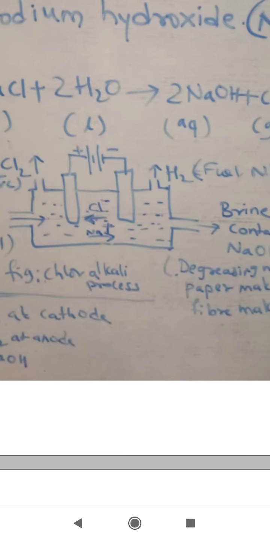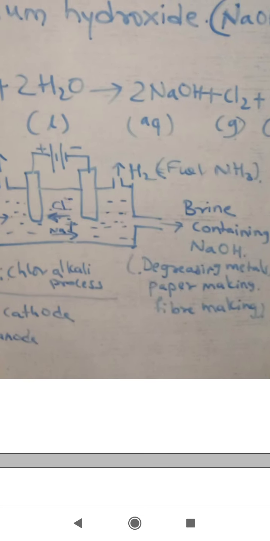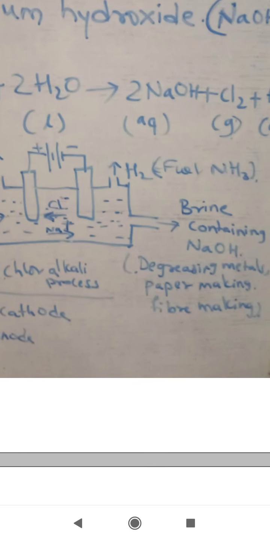Next, coming to the hydrogen gas, which is liberated here on the right part. This hydrogen gas is used for the preparation of fuels, margarine and ammonia, NH3, for fertilizer. That is nothing but the ammonia which is used as fertilizer, added to the soil to make the soil fertile. It will give good crop yields.